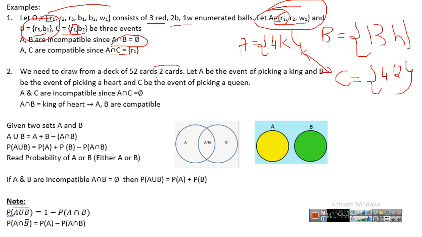So we say A and C are incompatible. However, B and C, yes, we have a common element, which is the Queen of Hearts, so they are compatible. Between A and B, we also have the King of Hearts, so this is compatible. Given two sets. Now, suppose if you look at this picture,